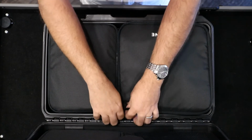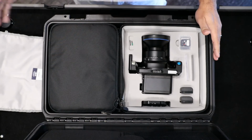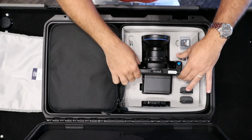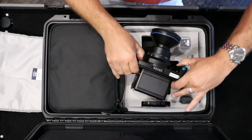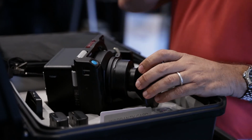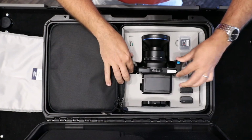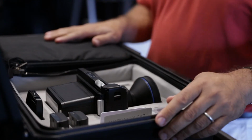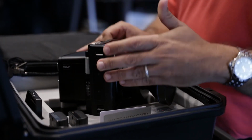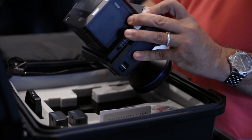So as we open it up, you'll see the standard 2 inserts, and there is the new product. You'll see completely new packaging inside, new Phase 1 XT. This is the Rodenstock HR32 along with an IQ4-150. Packaging is very important, that it goes in just a certain way and fits nice and tight. The new pieces that you'll see are, of course, XT body, HR lens, a mount that is specific for